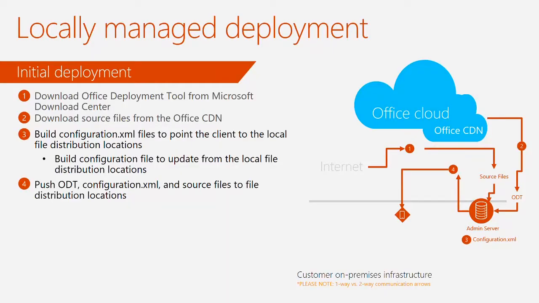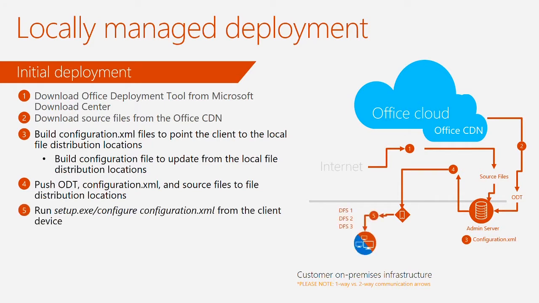Download those, configure them, push the files out to where my distribution location is, and then I have my clients pointed to a file location. If you're using a DFS solution where it does a lookup to find out where my closest file share location is, that's generally the most common, point the clients to that, and then the clients use that as their source location. So from that day forward, it's always going to go look there and say, am I going to be able to update from here? Is there a newer version? And then they can do that.